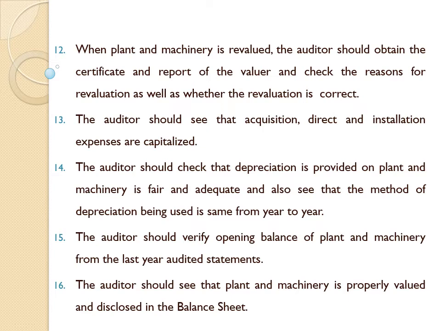It means that, for example, suppose a machine is purchased for rupees 1 lakh, transportation charges are rupees 10,000 and installation charges are also 10,000. So the cost of the machine will be 1,20,000, calculated as the original cost of machinery plus transportation charges plus installation charges: 1 lakh plus 10,000 plus 10,000 is equal to 1,20,000. The auditor should note that the certain direct and incidental expenses are capitalized along with the